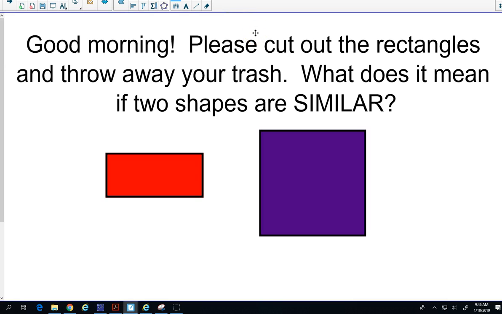All right, so let's talk about it. Are they similar or not, and how do you know? Miriam. Okay, so you can see if they have the same sides. So what are you telling me about similarity? They have to have the same sides? Okay, so she's saying for shapes to be similar, they have to be the same size